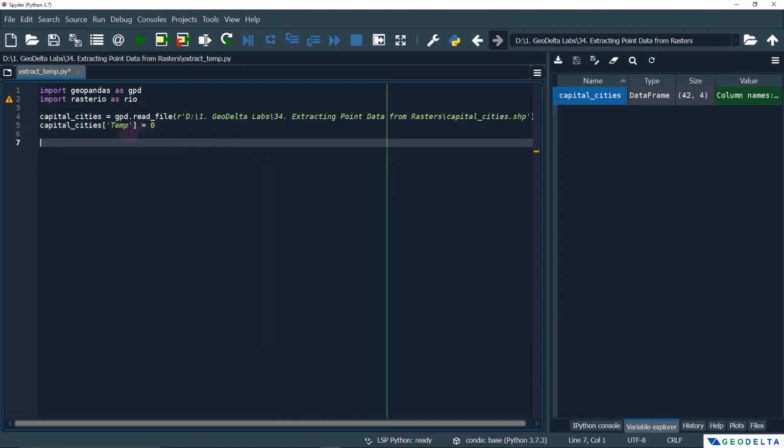So the next step would be to iterate through this GeoPandas geodata frame. And while doing that, I'm going to extract 3 different things. The first one would be the name of the capital city. The second one would be the longitude value. And the third piece of information that I'm going to extract would be the latitude value. So now let's see how we can do that. In order to iterate through this capital cities GeoPandas geodata frame, what we need to do is create a simple for loop